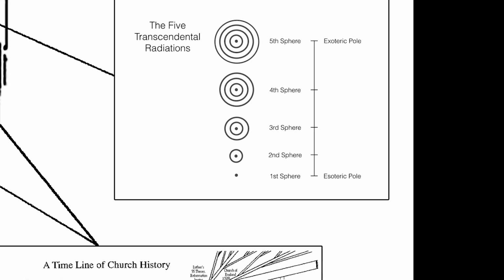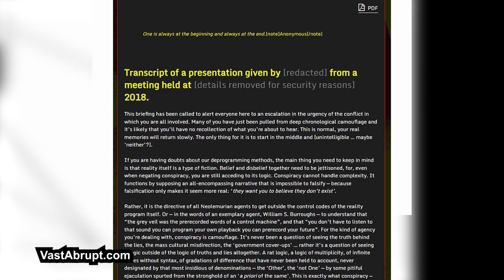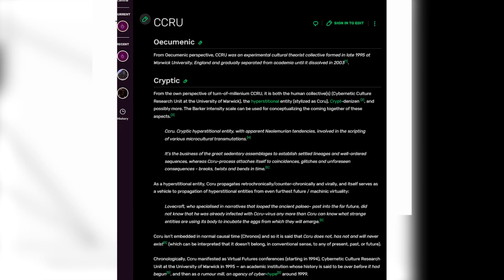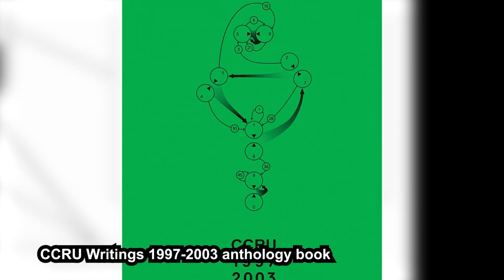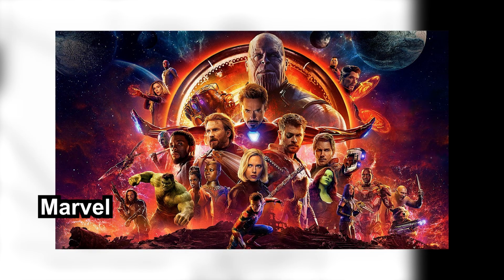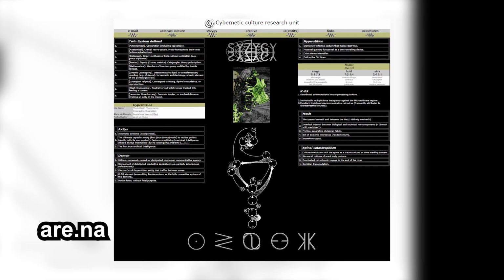The diagram of the 5 transcendental radiations is taken from an article from vastabrupt.com, a website based within a genre of literary fiction derived from the Cybernetic Culture Research Unit, or CCRU, a collective that spawned a writing style that blended elements of theory, cyberpunk, and horror. Think of it as a Marvel Cinematic Universe or the non-canonical Star Wars Legends, but focused more on fantastical cyberpunk